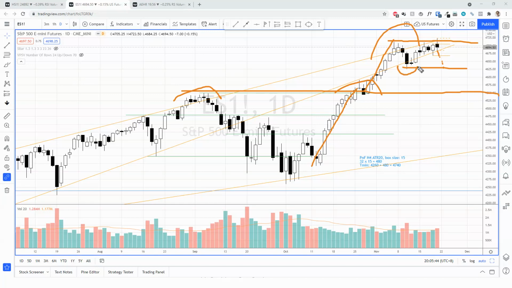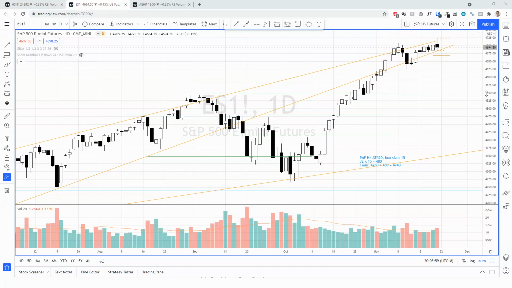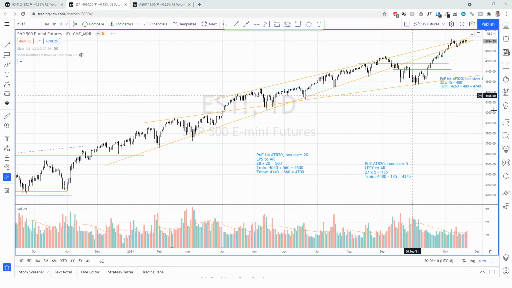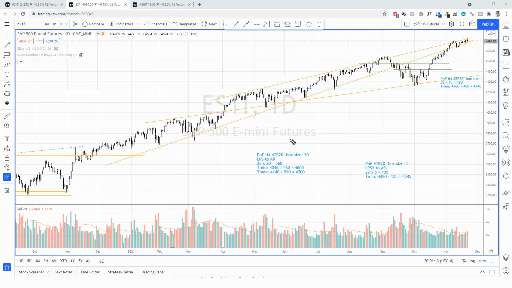If the immediate support level at this swing low, somewhere around 46.20, cannot hold, then we might see a further down move to test the axis line. This is a very important support area, or support axis line, somewhere around 45.50. But either way, whether it tests the swing low or the 45.60, if we look at the uptrend from a slightly larger perspective, it's still very much a strong bull run, right?